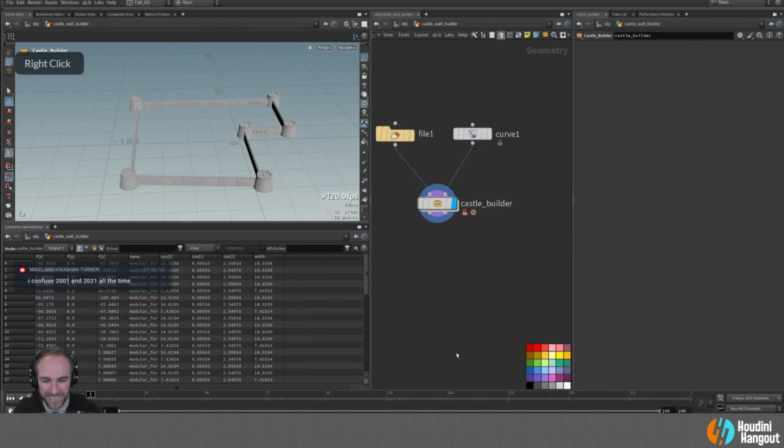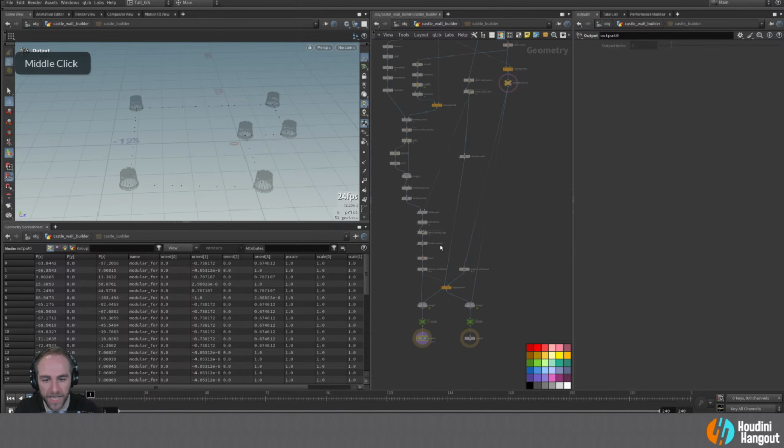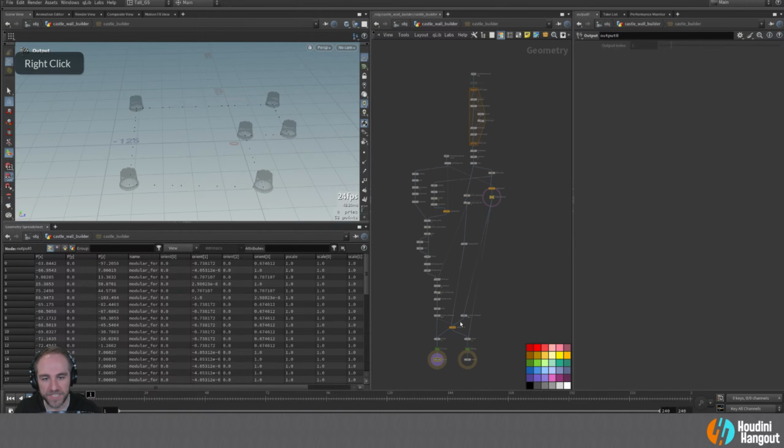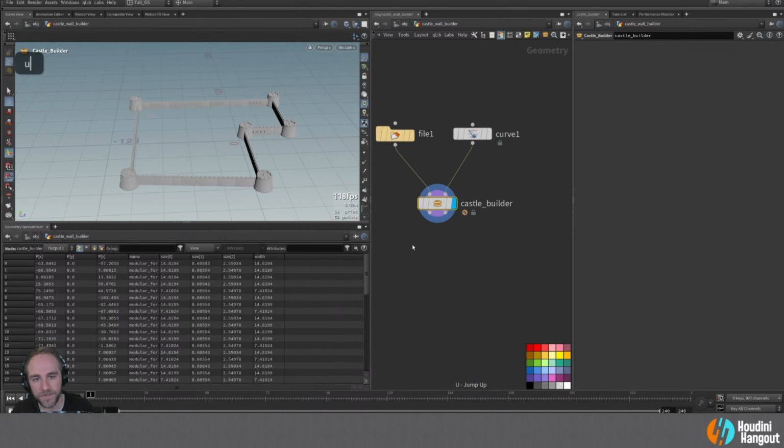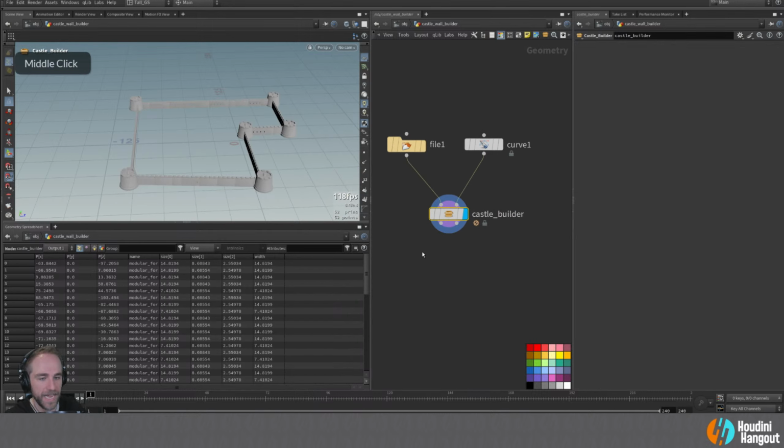Anyways, so this, we can save the node type here, right click, save node type. You can also match the current definition. That'll make sure that it gets back to its state here. And yeah, so this would now be an HDA. It's saved in a folder right next to our hip. There's an HDA. Here's the HDA itself, Castle Builder. And yeah, so now this is an HDA that you could load in other programs. And if you feed it in a curve and the FBX file like this, that